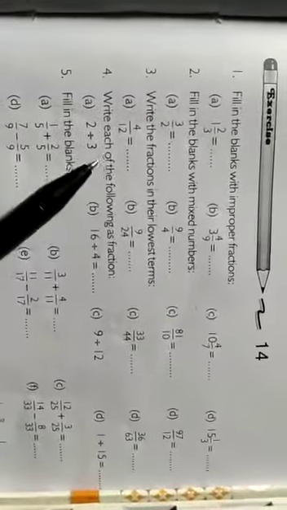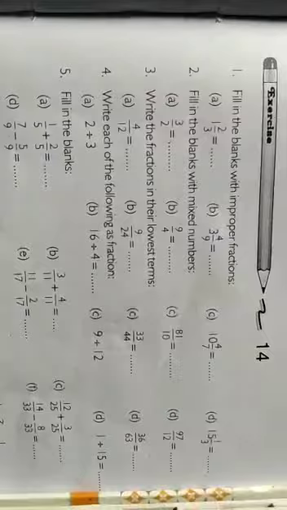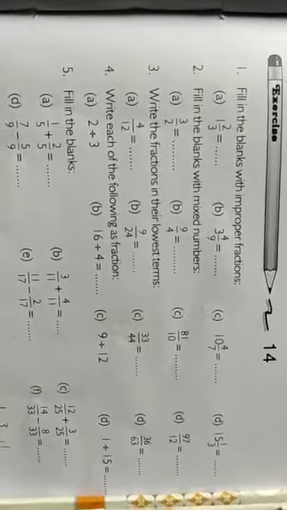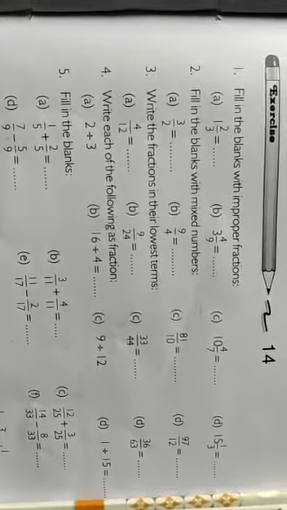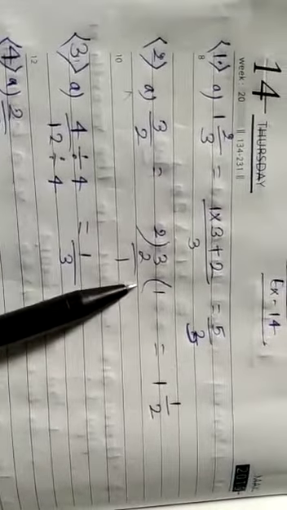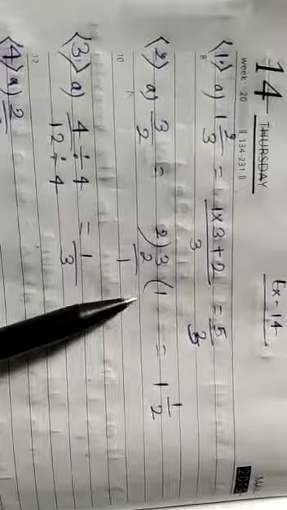So look here, how to convert to a mixed fraction if an improper fraction is given. So students, we will divide our numerator by the denominator. Then look at the solution given here. Your question number 2, 3 divided by 2, the quotient is 1 and the remainder we get here is 1. So students, you have to write your quotient as the whole and your remainder as the numerator. Okay, and the denominator will be the same.